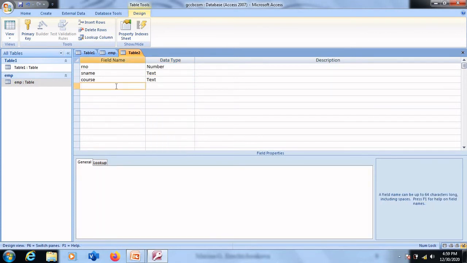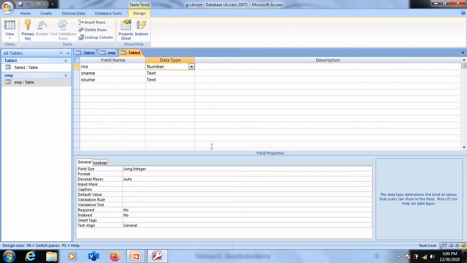And also we'll have, I guess this is enough. Next table we'll select some more options. And also with this we get field properties. Have a look at this part of the window. Field properties are the additional options or features that we can attach with these data types or fields. Like for example, roll number we have mentioned is number.